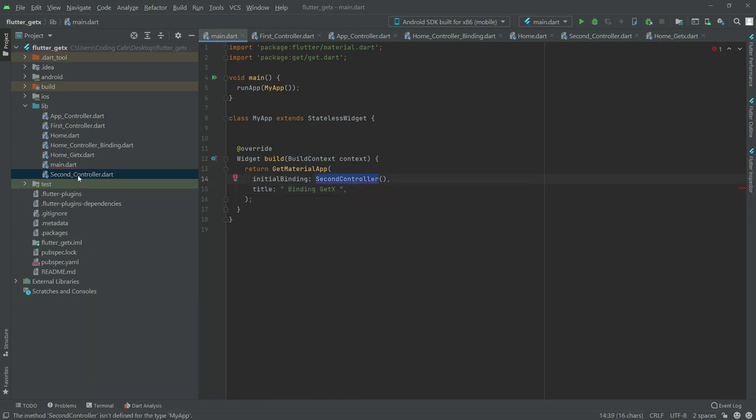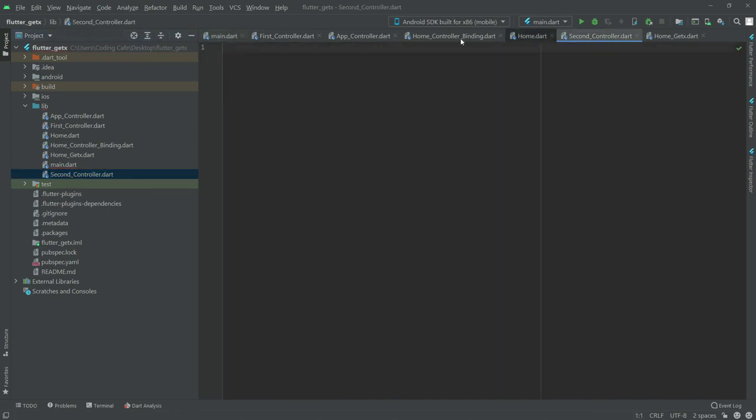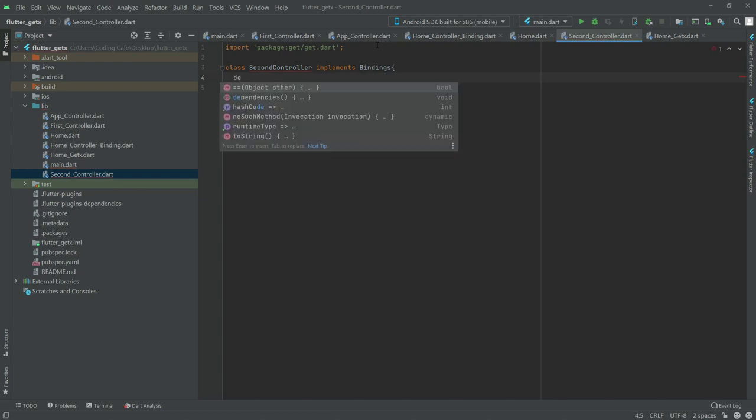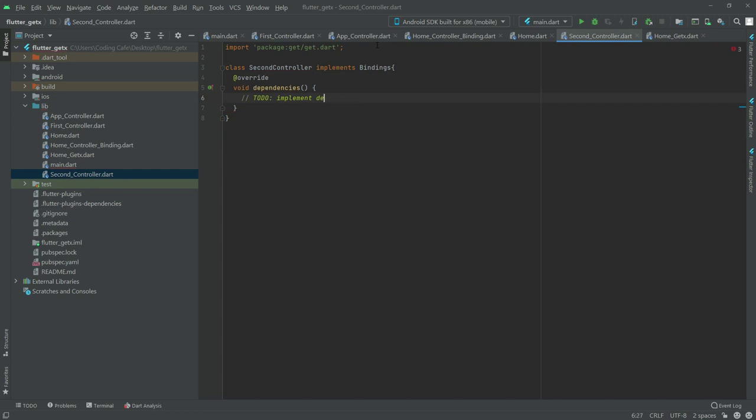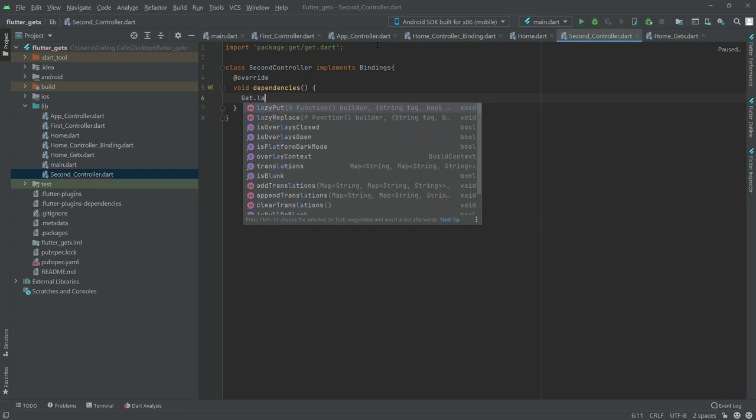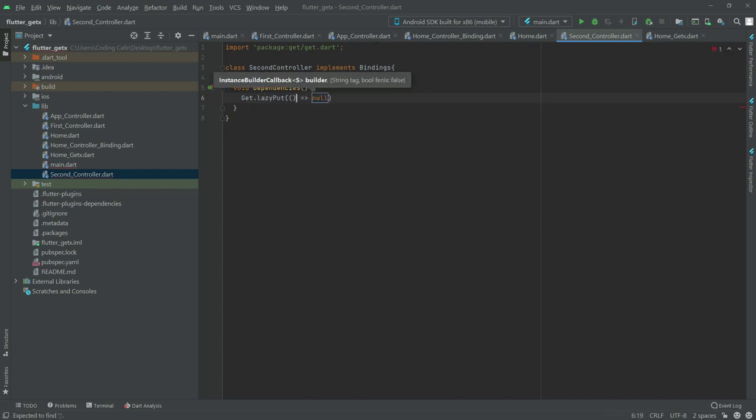There we go. So now we will simply go to the second controller and we will create a class in there. As you guys can see, we will create a class in here and name this as SecondController and then implements Bindings. There we go. And in here we will override dependencies, so write dependencies. There we go. In here remove that and write Get.lazyPut. In here there will be FirstController, but we didn't create the class for it yet. We will do that in a while,